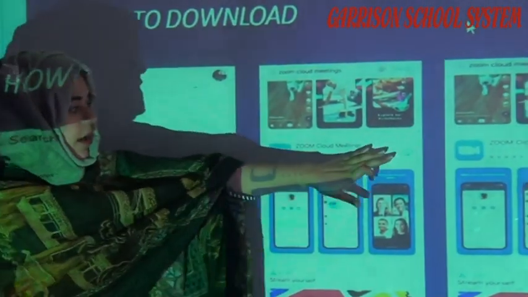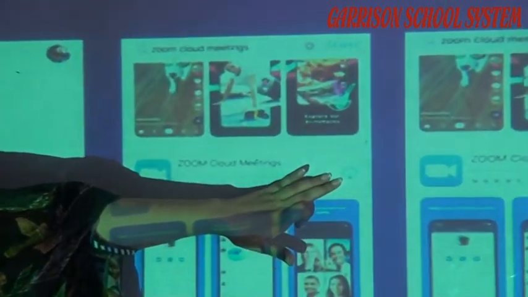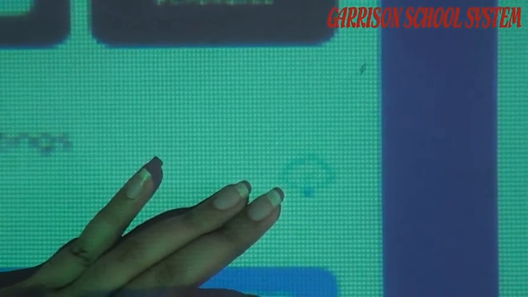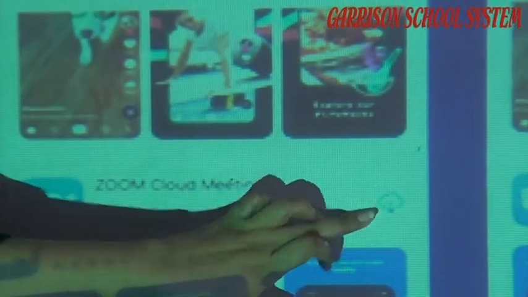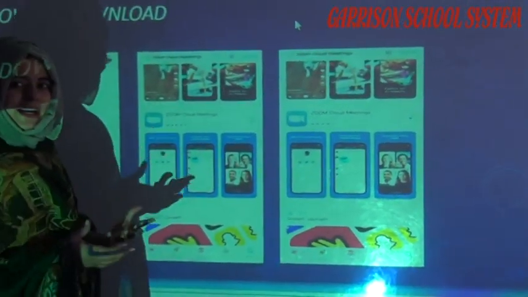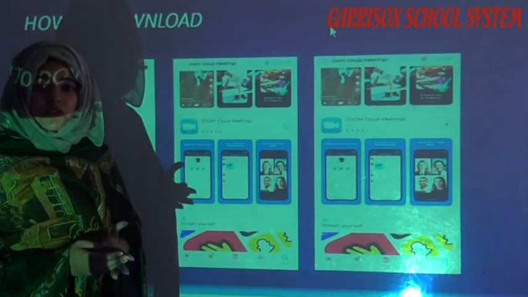After this, here is the download button that is for free. You are going to choose the free one. You are not going to choose the pro one, because in the pro you have to buy that app, but you are going to use the free download option. When you click on this button, it will start downloading, and a round button will show on the screen. That means it will start buffering, either in a round form or in a square form. When it starts downloading, you have to wait for a couple of minutes.